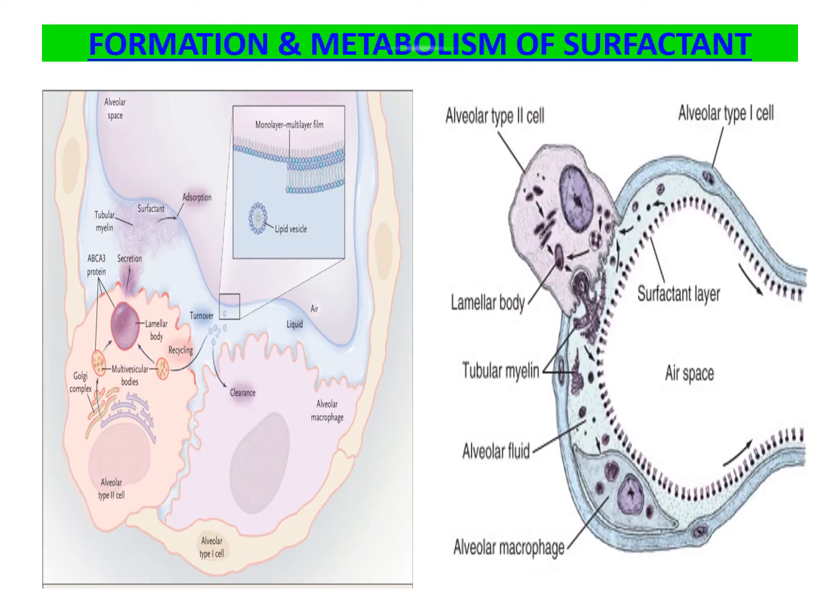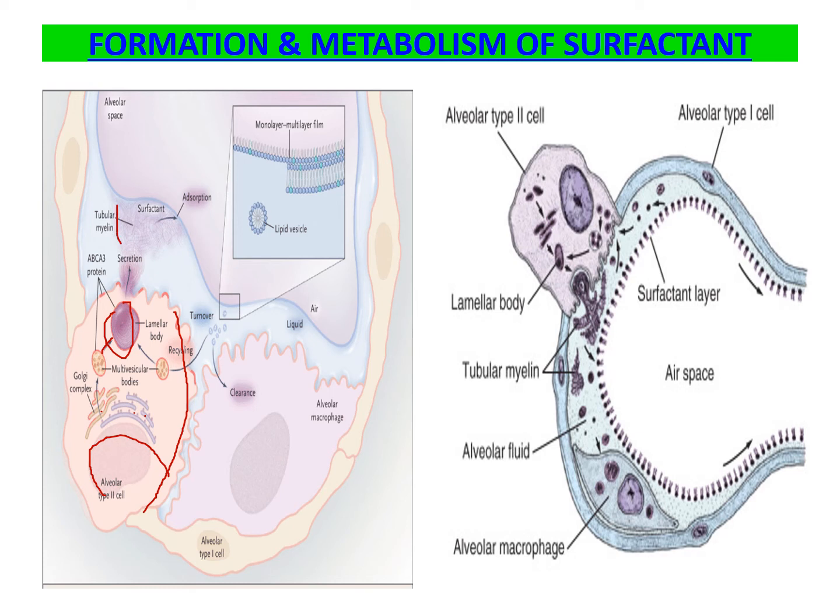This diagram indicates the formation and metabolism of surfactant. This is the type 2 alveolar epithelial cell, which contains the nucleus, endoplasmic reticulum, and this is the Golgi apparatus. Once the information comes to the nucleus, the proteins and lipids will be synthesized. They will be packed in the Golgi apparatus, and once packed, they are converted into lamellar bodies. The violet color indicates the lamellar body. By the process of exocytosis, it will be secreted into the alveolar lumen